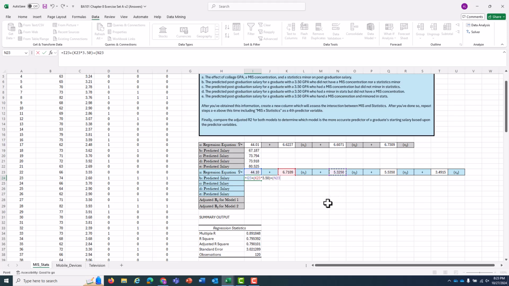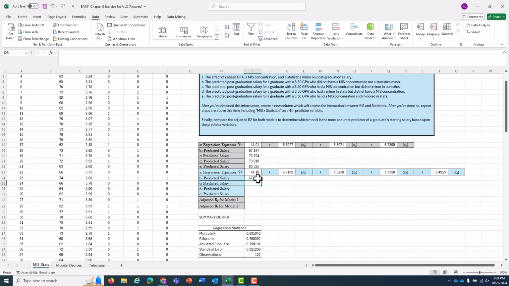And our X2 in this case is the MIS concentration. Well, for B, they don't have either of them. So from here on out in the formula, everything that we put in is going to be a 0, because with no MIS concentration, our binary variable return would be a 0. Here for the stats minor, the slope is now 5.5350, but in scenario B, they don't have it, so that would be a 0. And since they have to have both to get any credit from this interaction variable of 3.4915, we're going to multiply that by 0, and we come up with